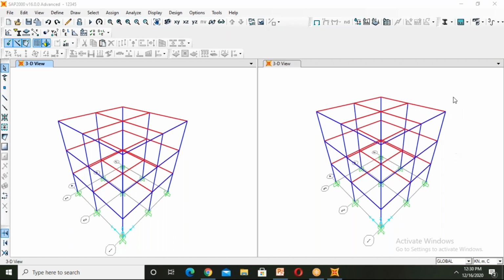Anything else? MTech students, if you are aware of this software, no need to bother about your MTech topics or projects. You can start designing unique kinds of structures with the help of SAP, and then your MTech thesis can be done.